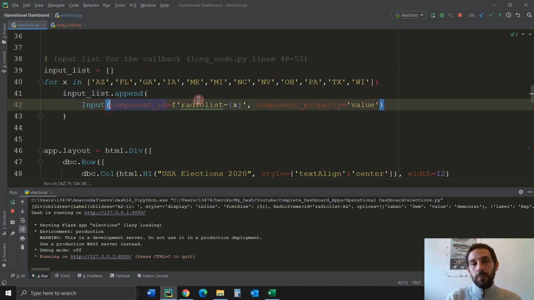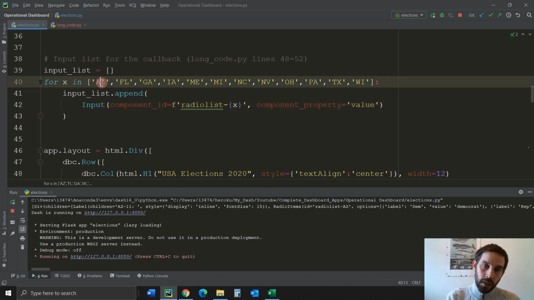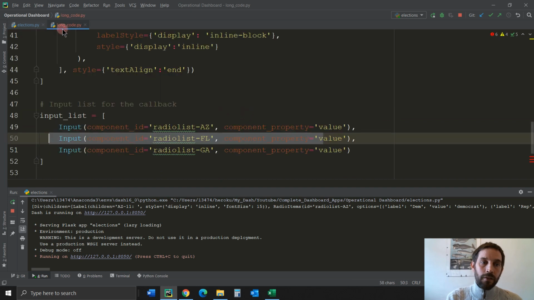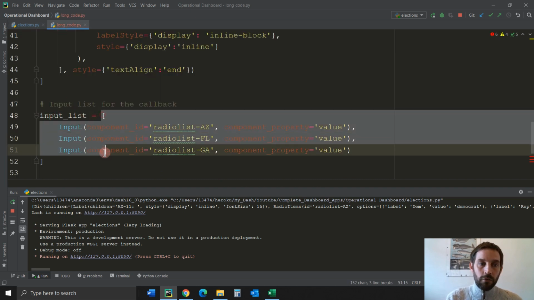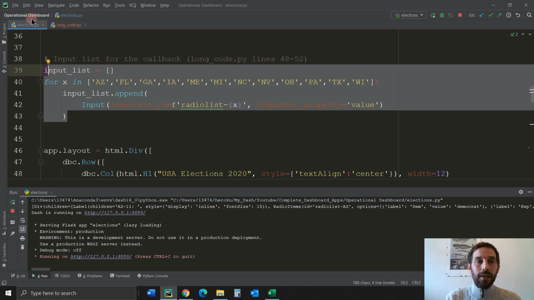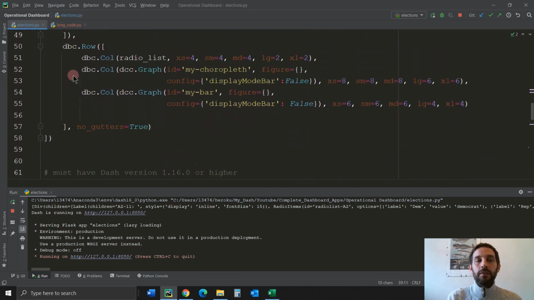The first one is going to be, we're using the string formatting here, right? So it's always going to have radio list dash, but the first one is going to be Arizona, the second one is going to be Florida, and then GA, and then IA, and so on and so on. And they're all going to be the same value attribute from the radio item. So in other words, this is the same thing as this, an input list of 12 different inputs. I just wrote 3 because my hand got tired, but you can write 12 different inputs here. So I'm just taking this, in other words, and now that I created the list, I'm going to put it inside the